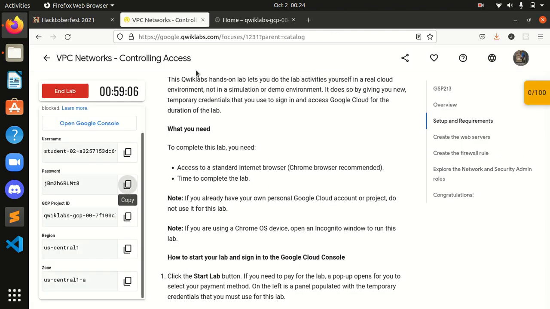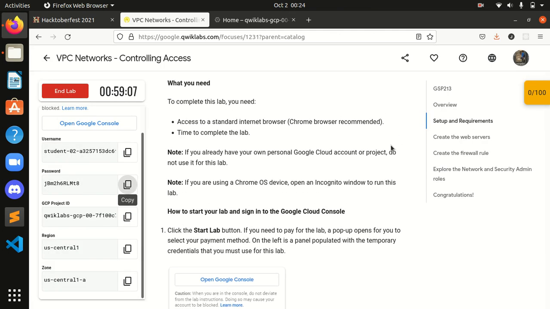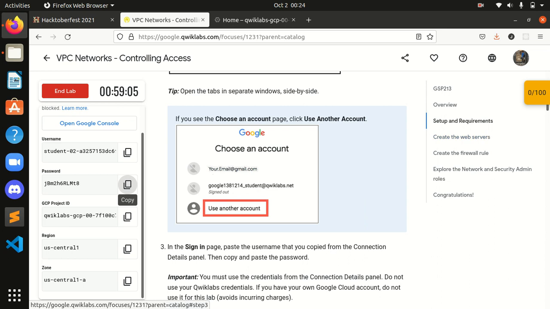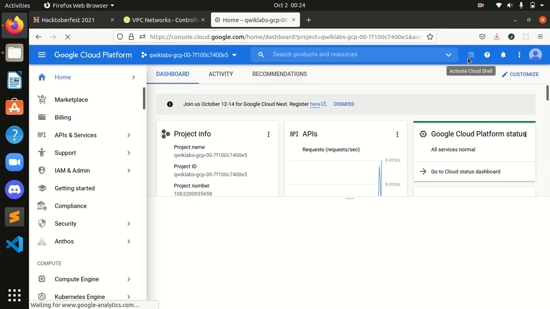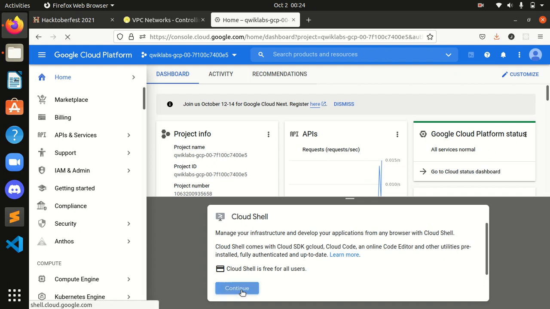Okay, we are done with this also. Now let's get into the basic startup. I think we have to start a Cloud Shell. Okay, let's start our Cloud Shell guys. Okay, continue.